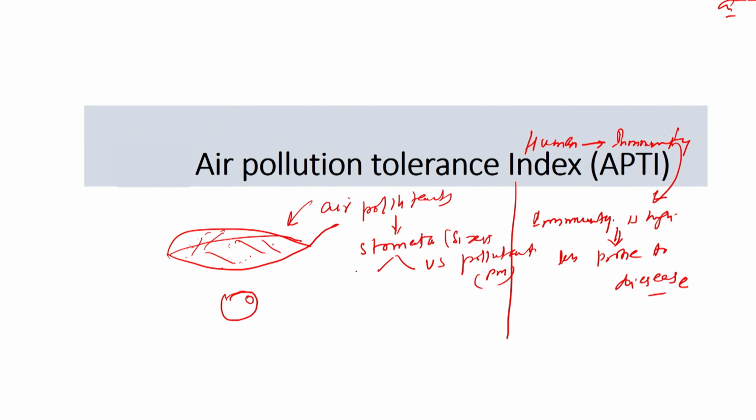Now, this is the case for particulate matter, but suppose we have gaseous pollutants. What will happen? The important function of the stomata is to take in CO2. It will intake CO2 through the stomata and do photosynthesis. Photosynthesis also requires water, which mostly comes from the roots. So, the stomata will have a kind of liquid that is already there.